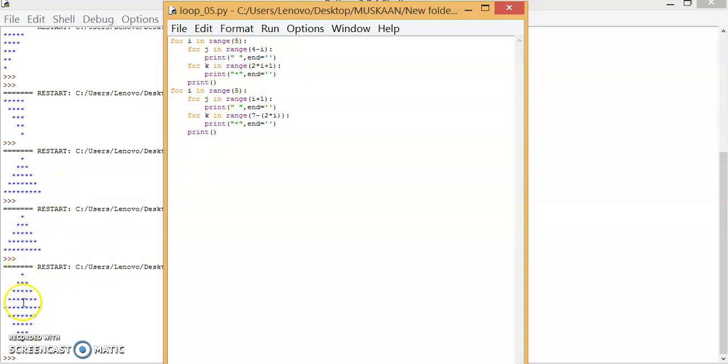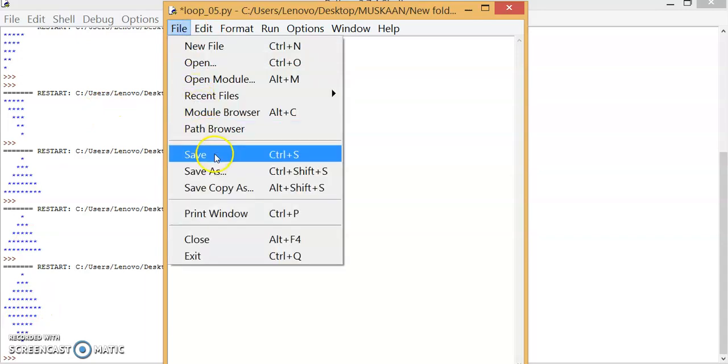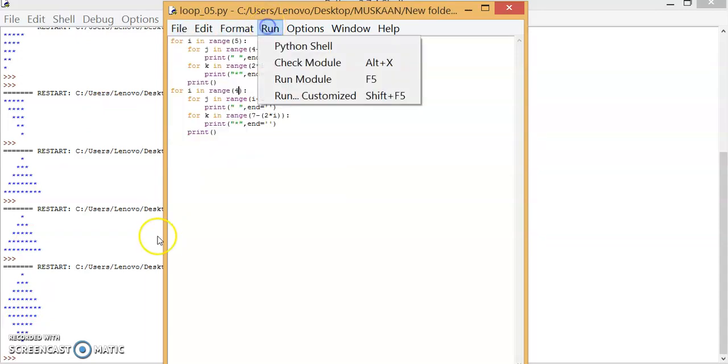How many lines did I want here? It was 5, right? So I put 5 lines here. Oh no, I should have written 4 because the code we have done is for 4. I don't want a blank line, so I just save once again and run the module again.